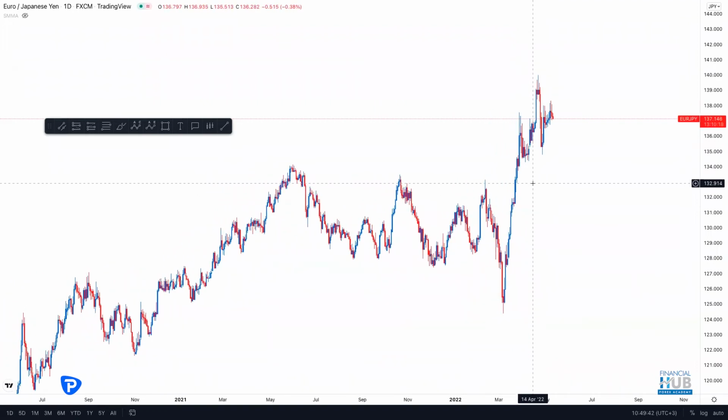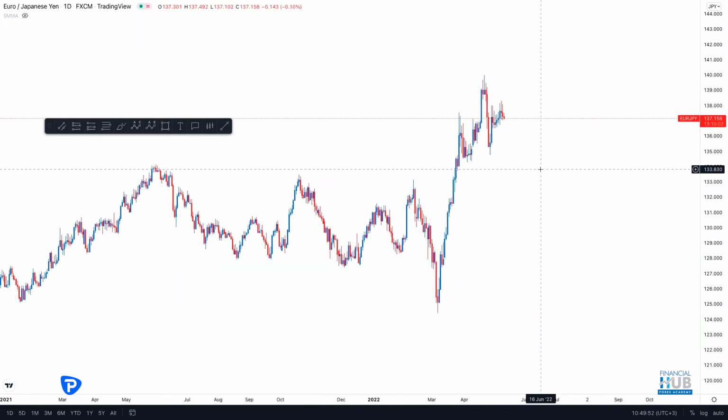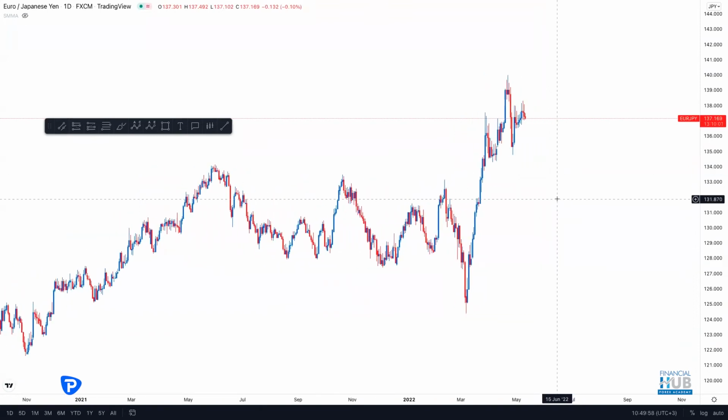But all I know is that the dollar has been strengthening. The euro has been strengthening. The pound has been strengthening. Most pairs have been strengthening against the yen. Reasons, I'm not really familiar with much. I'm not into the Japanese market that much. But yeah, part of the reason maybe I might think off my head is a lot of